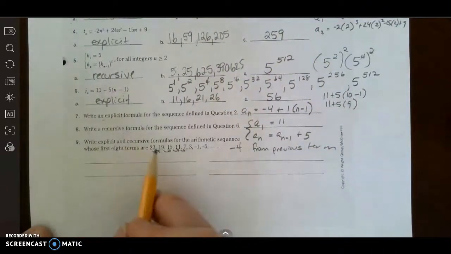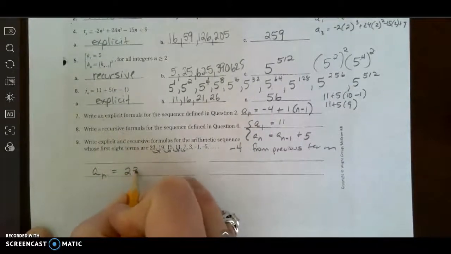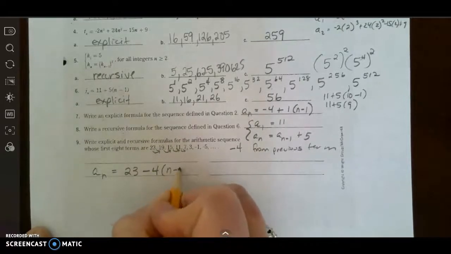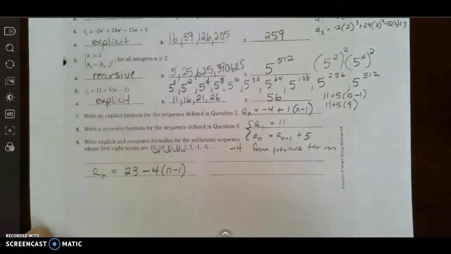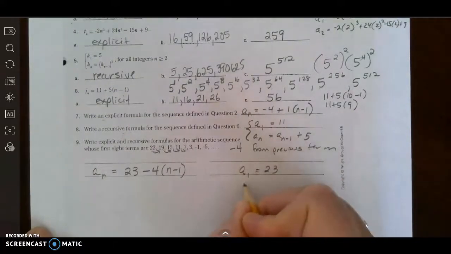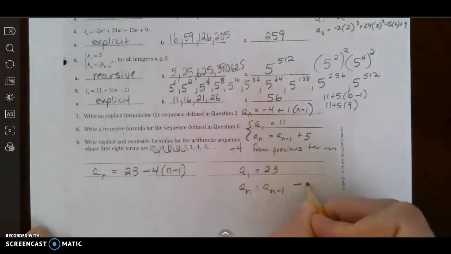And so let's see, my explicit formula would be a sub n is 23, which is the first term, subtract 4 times n minus 1. My recursive formula, my first term is 23. My nth term is found by taking the previous term and subtracting